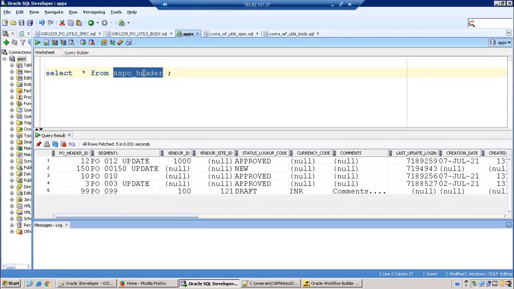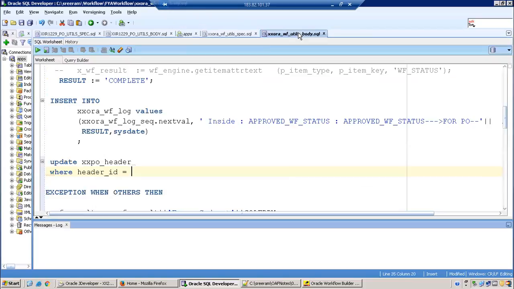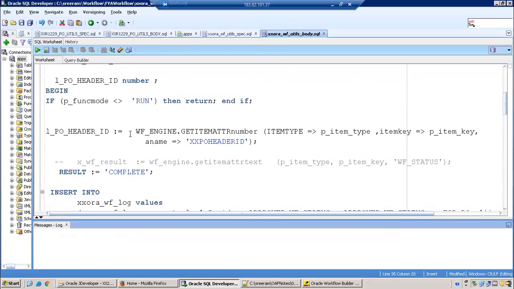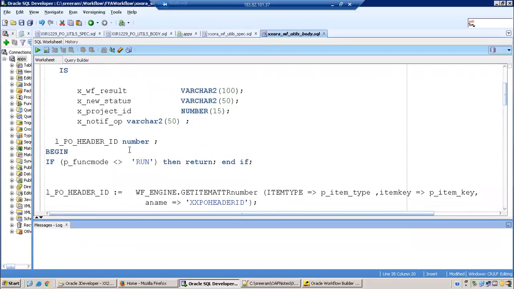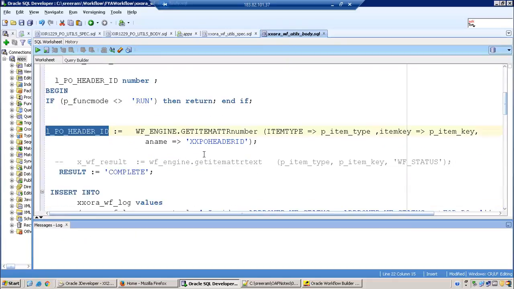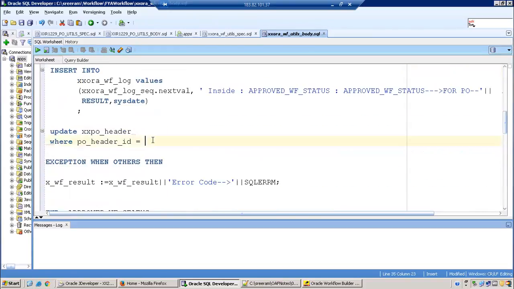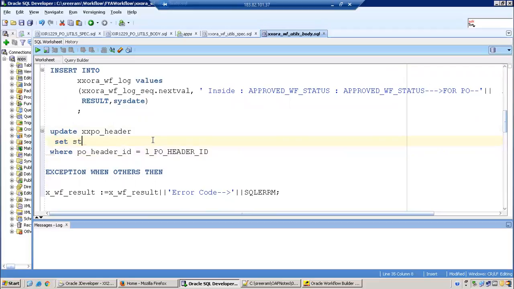That's it. So this is the table. Update the status, where PO header ID is equal to, and I'm trying to retrieve the PO header ID using this particular parameter. In the workflow, I have created a parameter called XX PO header ID. Set status is equal to approved.